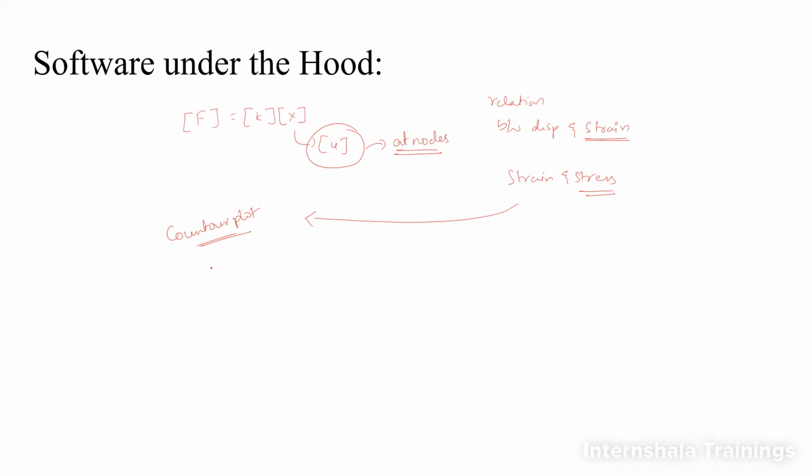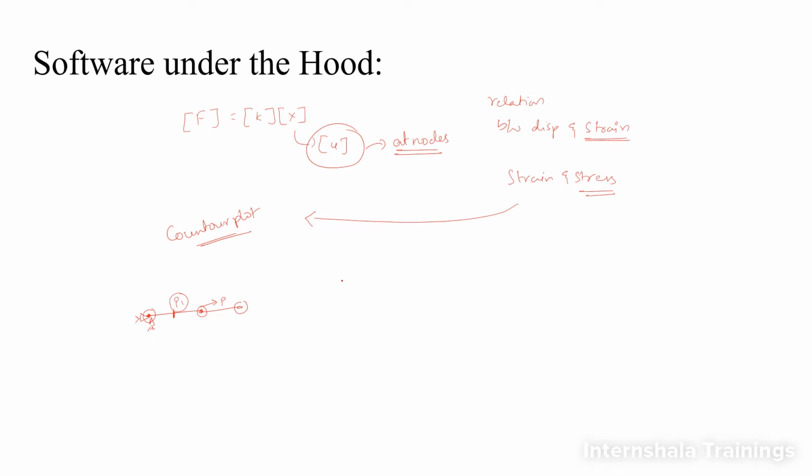But there is one more thing you need to learn. See here, this is the problem, right? I have a fixed condition and I have a force P. This is fine. But now we got the displacement values at nodes only. Let us suppose I want to find out the displacement value, or let us say the stress value, somewhere at this point, let us say P1. I want to find at point P1.